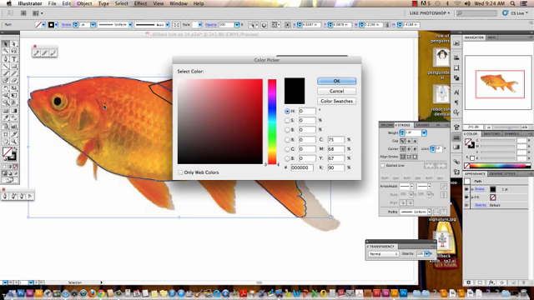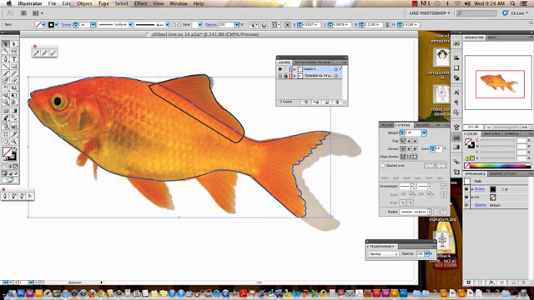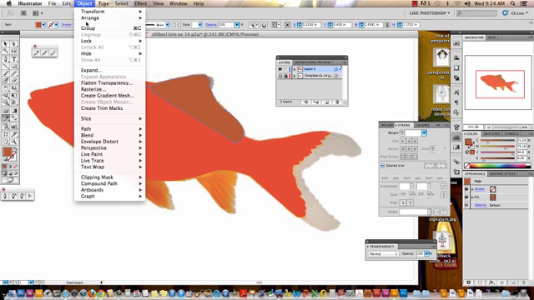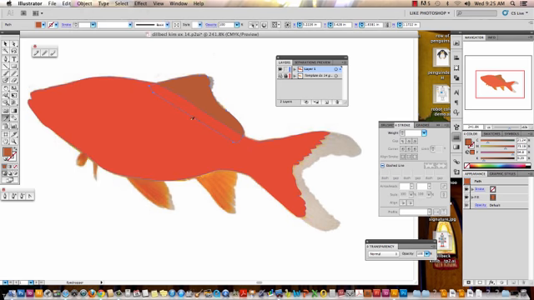But I could put in a fill of the fish, and then I would also maybe do gradients perhaps, and I could put that behind. So I would send this to the back. I don't really like those colors, but